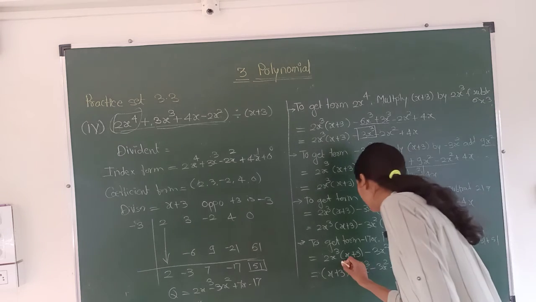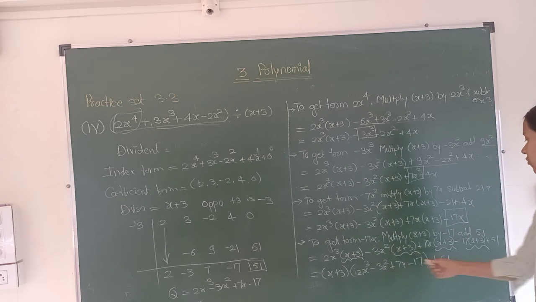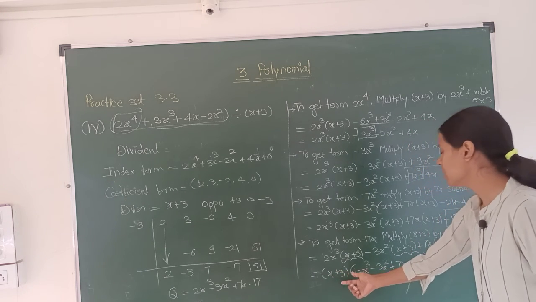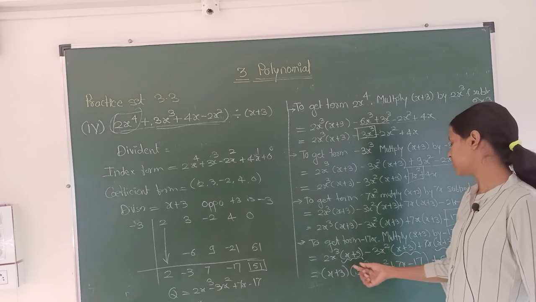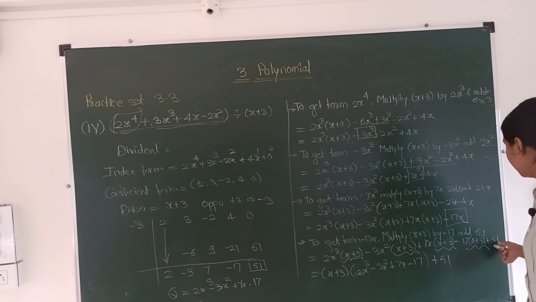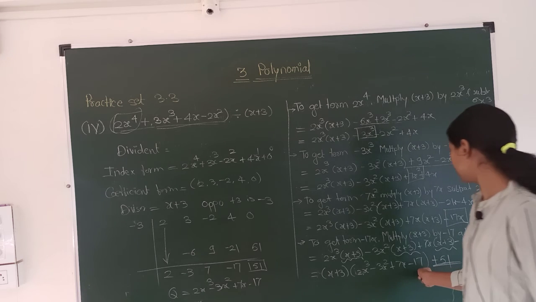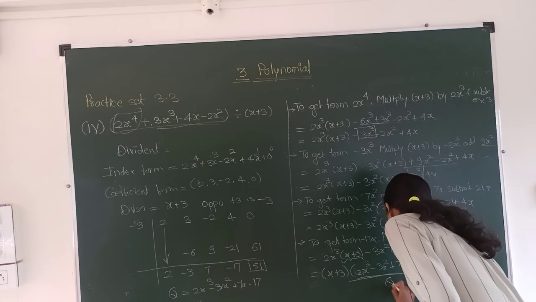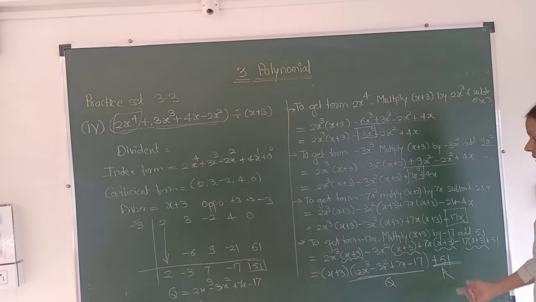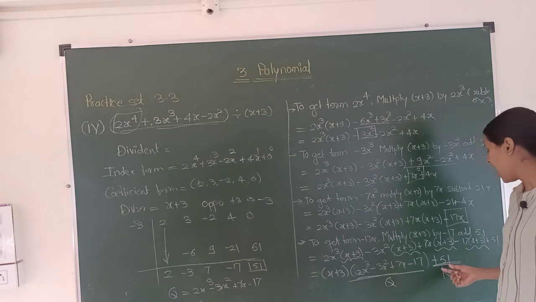Now you can see (x + 3), (x + 3), (x + 3) and (x + 3). These four brackets are common. We can take this bracket in common. So (x + 3), the remaining terms are 2x^3 - 3x^2 + 7x - 17, and this plus 51. Here the last term is 51, which is the remainder, and the quotient is the term before the remainder. You have to write the quotient and remainder when you finish the example. So the quotient is 2x^3 - 3x^2 + 7x - 17, and the remainder is 51.